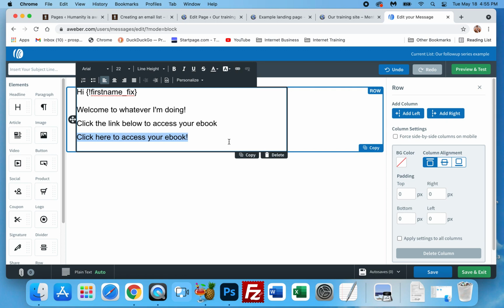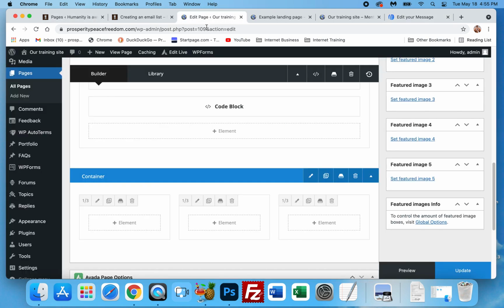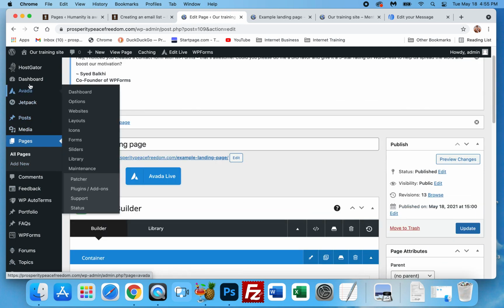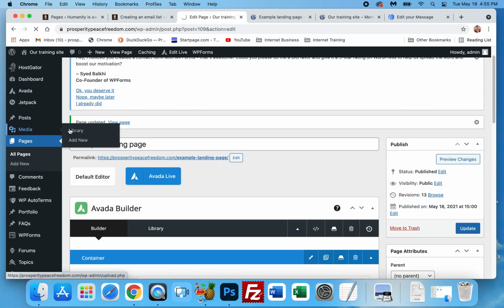And it's really simple. I'll show you how to do that in the members section. And you're going to say click here to access whatever it is you're accessing. You know, link them to your product. You can just upload an ebook to a WordPress page and it'll give you the link, and you could put it in here. In fact, I'll even show you really quick. Let's go up here to media. If you go up here to media and click add new,